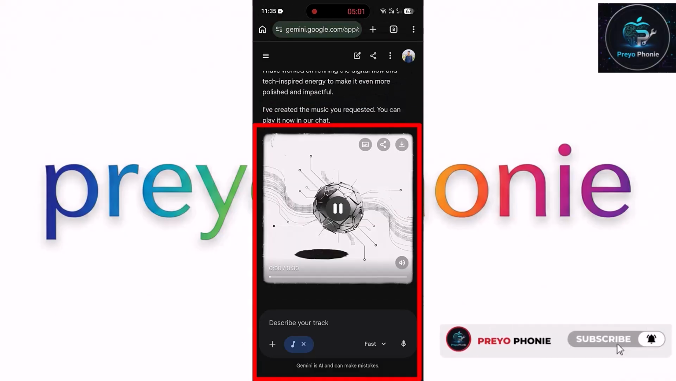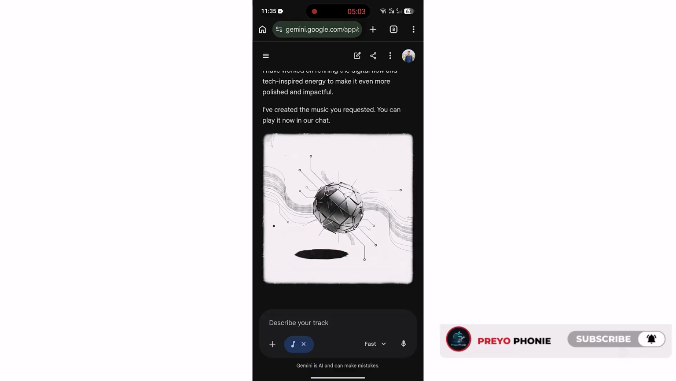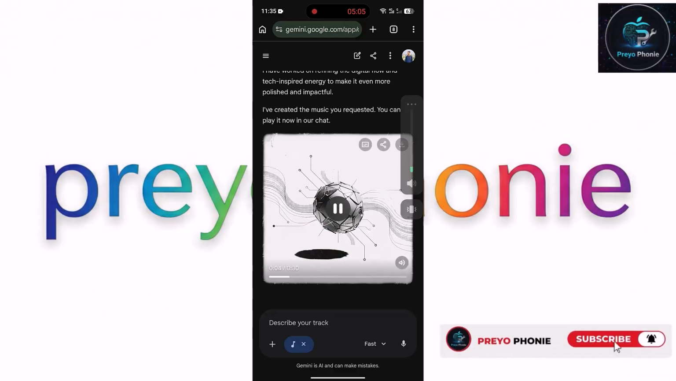Whether you need background music for YouTube, Instagram, TikTok, or just want to experiment with AI creativity, Gemini makes the